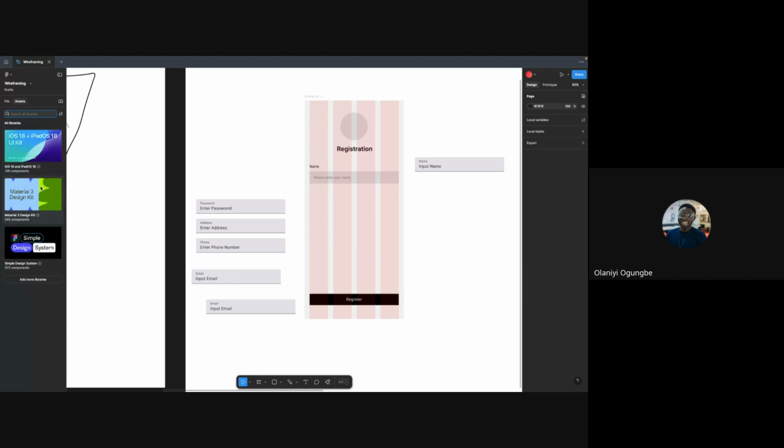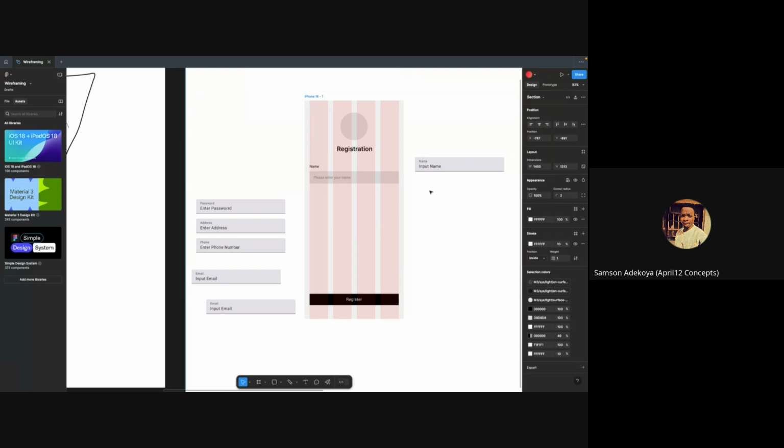Every new Figma file comes with Google's Material 3 design kit, Apple's Human Interface Guidelines kit, and Figma's simple design system. But I would not advise you to start using UI kits at the moment, because you might get lazy and restrict your creativity. It's better for us to create manually. For now, just create most of your elements manually.